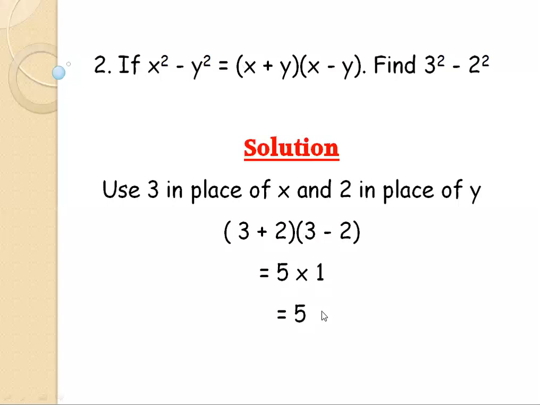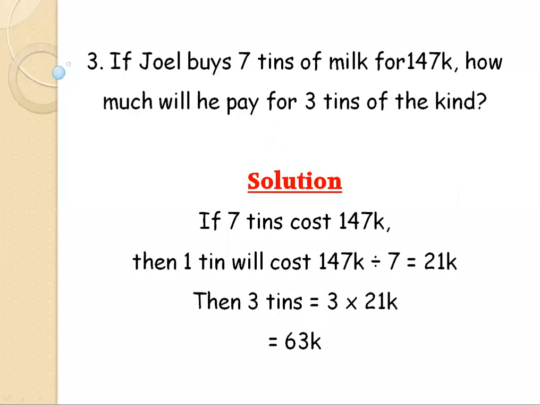Simple, isn't it? Beautiful. Now let's look at the next question. Number 3. If Joel buys 7 tins of milk for 147 kobo, how much will he pay for 3 tins of the same kind? That means 3 tins of this same kind of milk. So the first thing is I need to know the cost of 1 tin of milk. If 7 tins cost 147 kobo, then 1 tin will cost